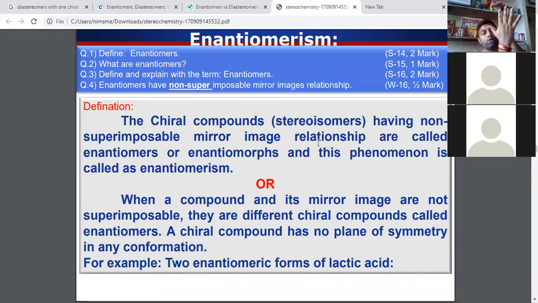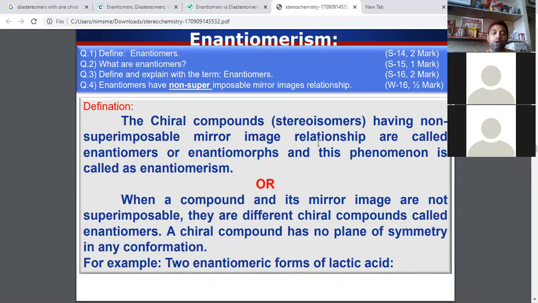All the atoms, suppose this is a molecule and this is a mirror image, the other one, all is placed one against the other. So it is superimposable, this relationship. But suppose this is an object, and its mirror image will be like this, isn't it? Yes, sir. And if we place it, it is not superimposable. See, it is not superimposable, isn't it? Yes, sir. So it is an enantiomer. So these two images are enantiomers.